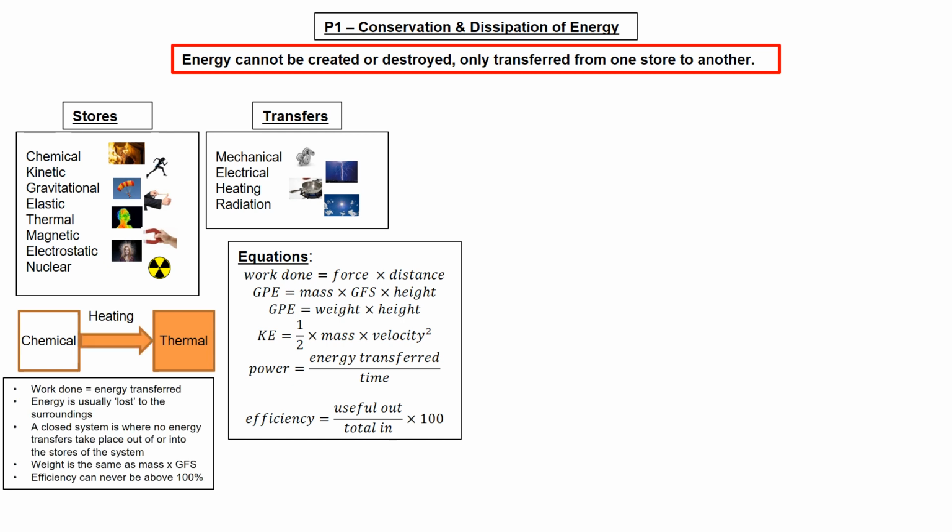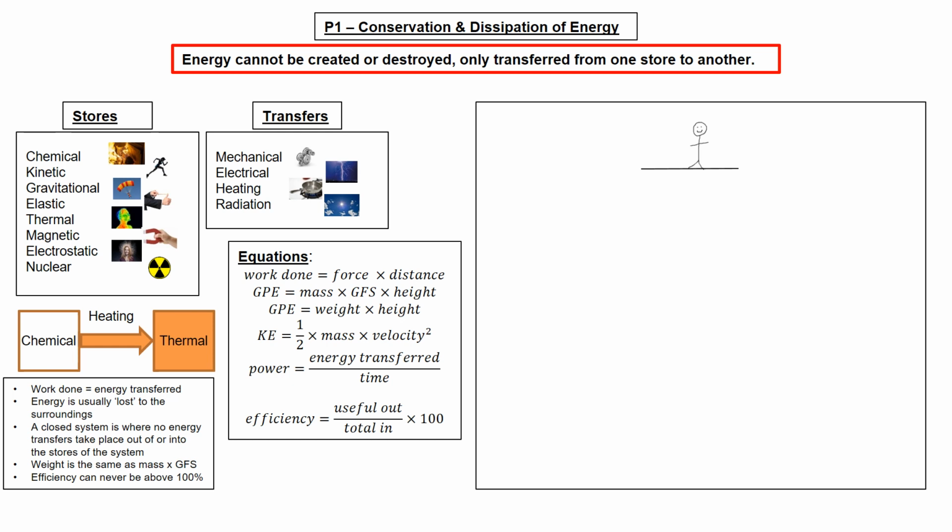The next thing we're going to look at quickly is this example of a bungee jump. It's a favorite exam question. So we've got this little dude up here about to jump. At the moment, his gravitational potential energy is at a maximum. When he decides to jump, he's falling, his GPE is decreasing, and his kinetic energy is increasing, because he's accelerating, moving downwards.